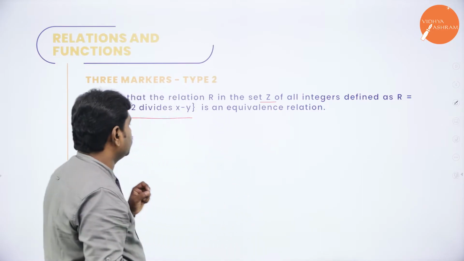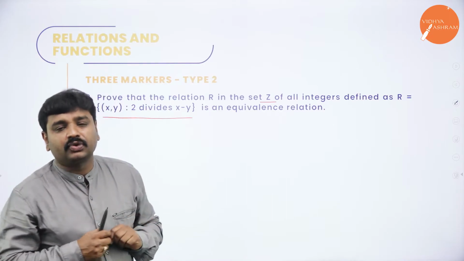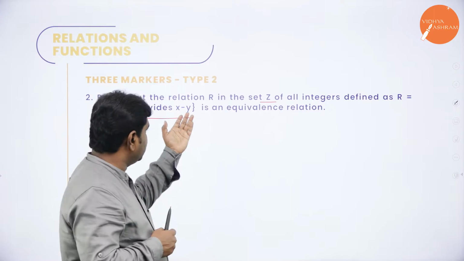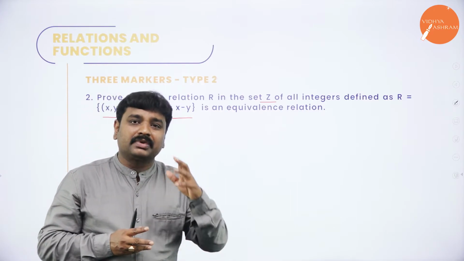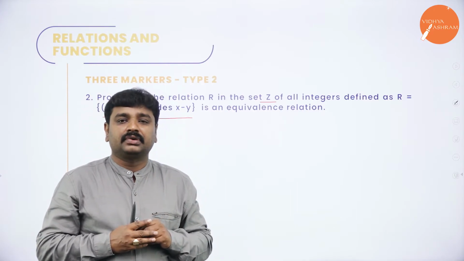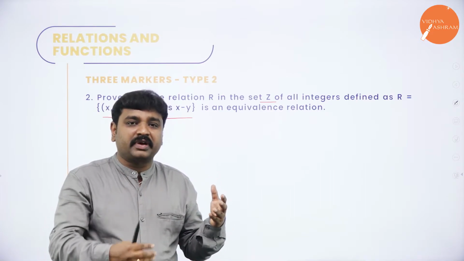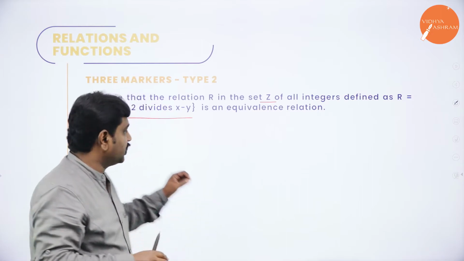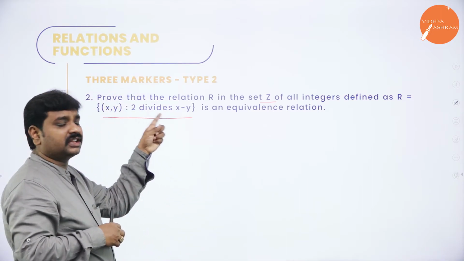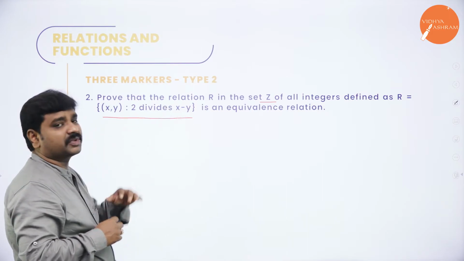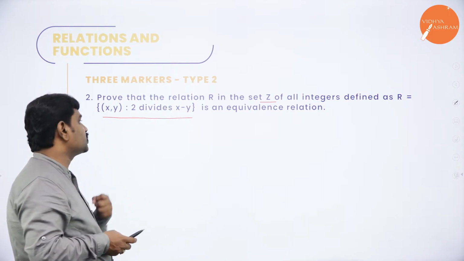Equivalence. So now see, in these kind of questions, the formula to write the relation will be given in the problem itself. So it is like an English passage. To answer the questions of a passage, you have to read it. Like that, to build the relation, read the relation given in the question. So you take the ordered pair where 2 divides x minus y. 2 should divide what? x minus y.